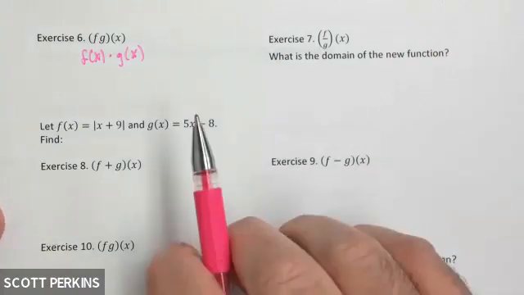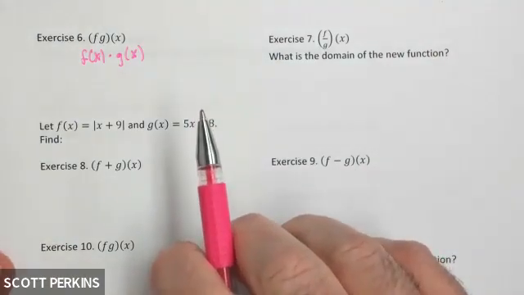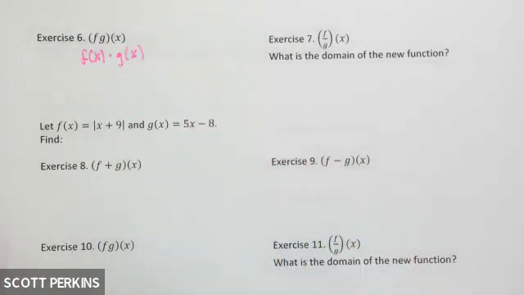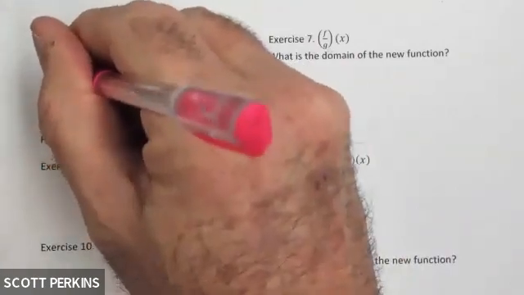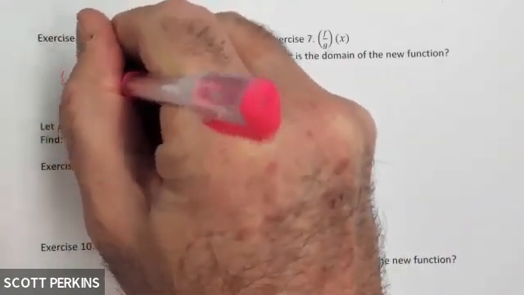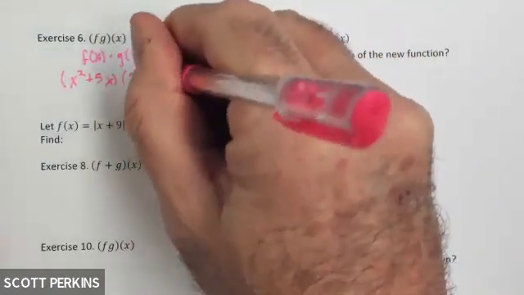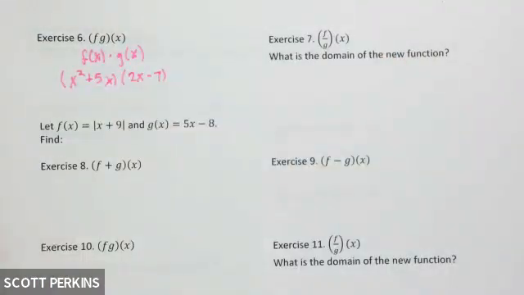The reason I put this problem on here is just so that we could real quick review an introductory algebra skill. So I've got f of x times g of x. So f of x is x squared plus 5x. g of x is 2x minus 7. I believe I've remembered those right. So in this case, there is something more that I can do. You know, multiplication, there's not always going to be, but since these are both polynomials, I can go ahead and